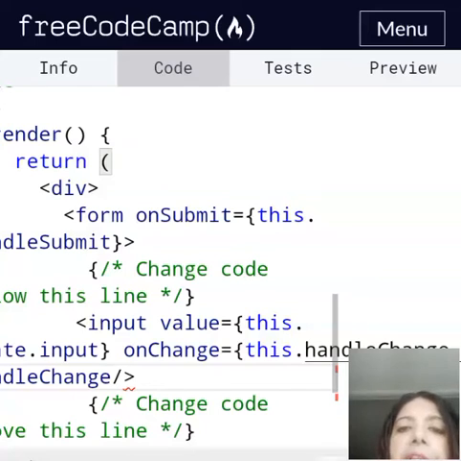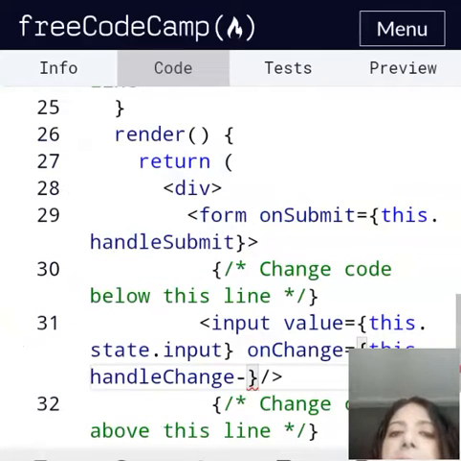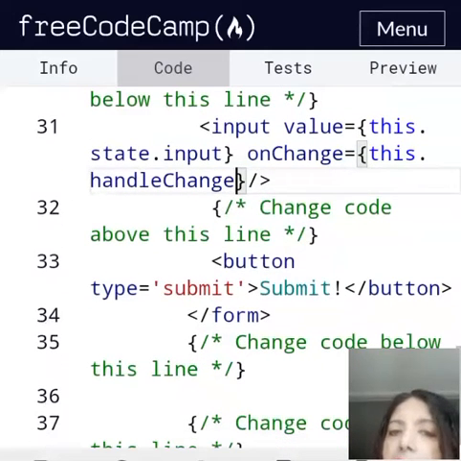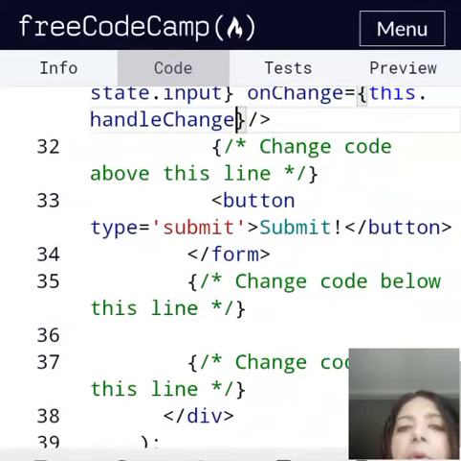Then you have a submit button here, which has been set to type submit, so that you know it's a submit button. And then the form is closed. Now, after the form is closed, you need to write some more items inside the code. So just come down here to this place